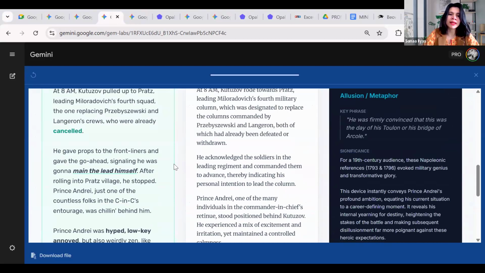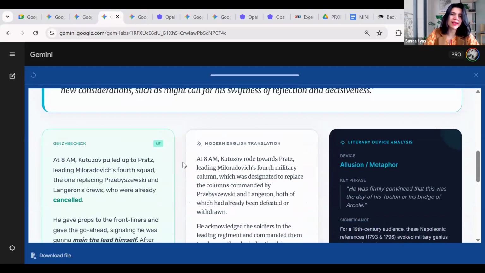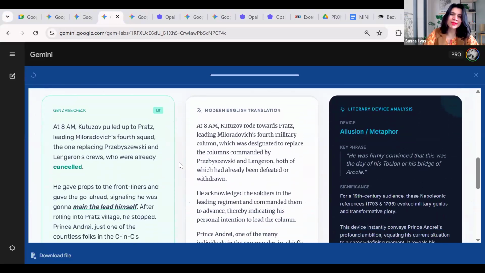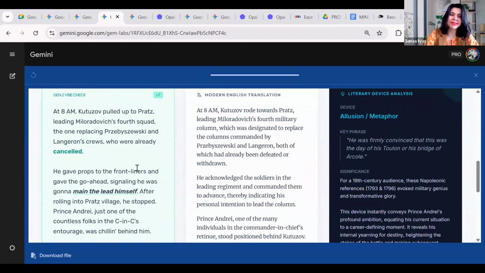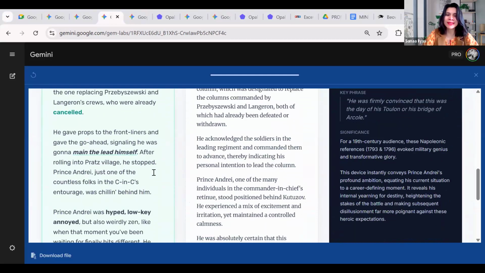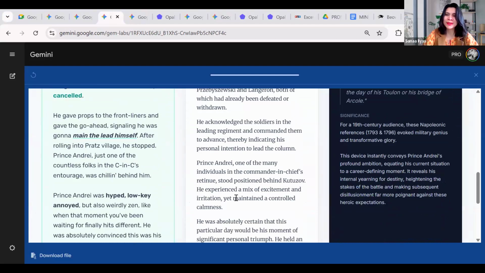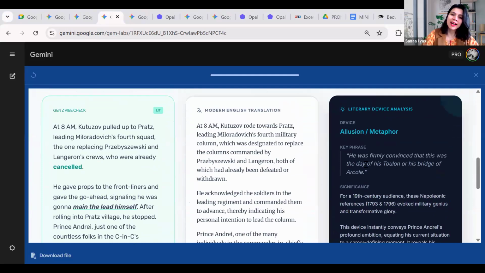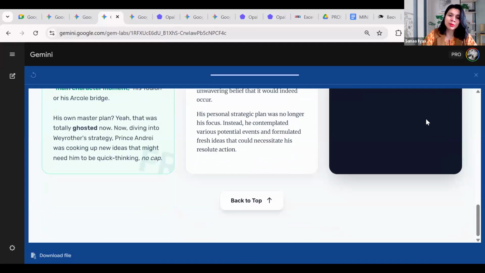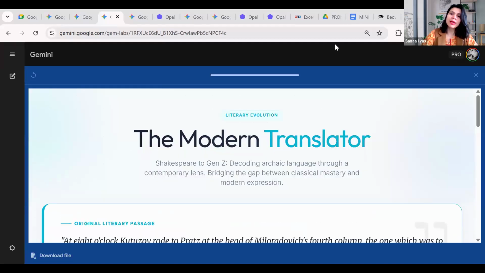And this is what it did: a Gen Z vibe check, and you would see terms like cancelled, mean, the lead himself, hype, low key, annoyed. These are some of the terminologies that Gen Z uses. They have translated it into modern day English, and you would see that a literary device analysis is also present.